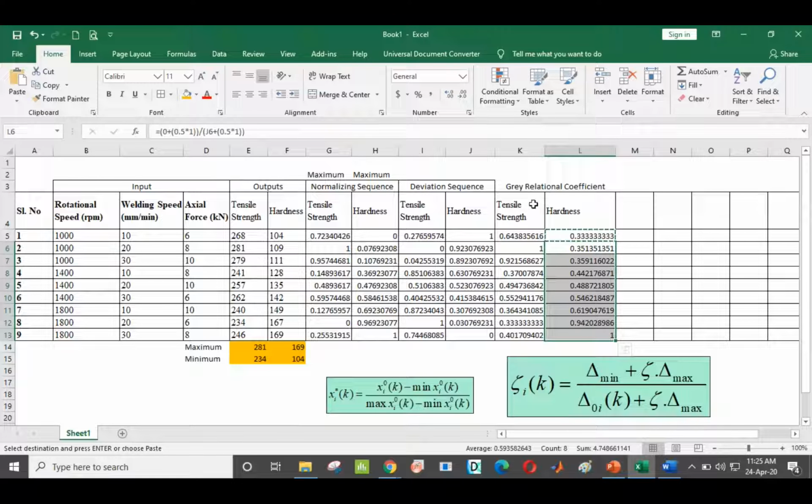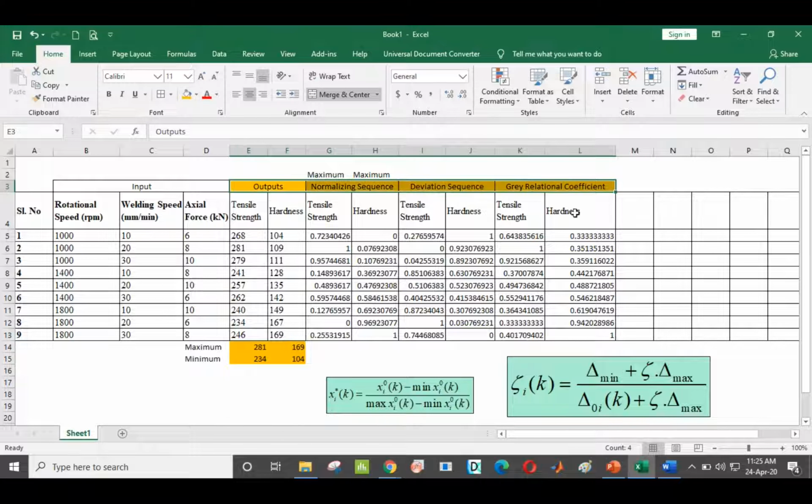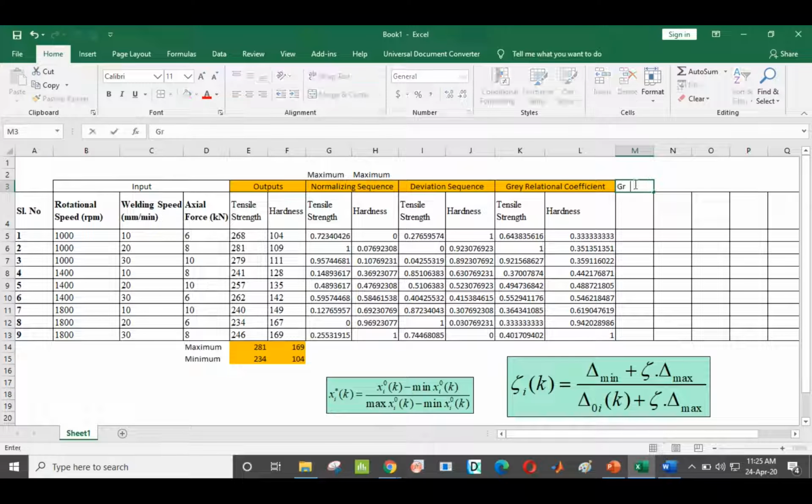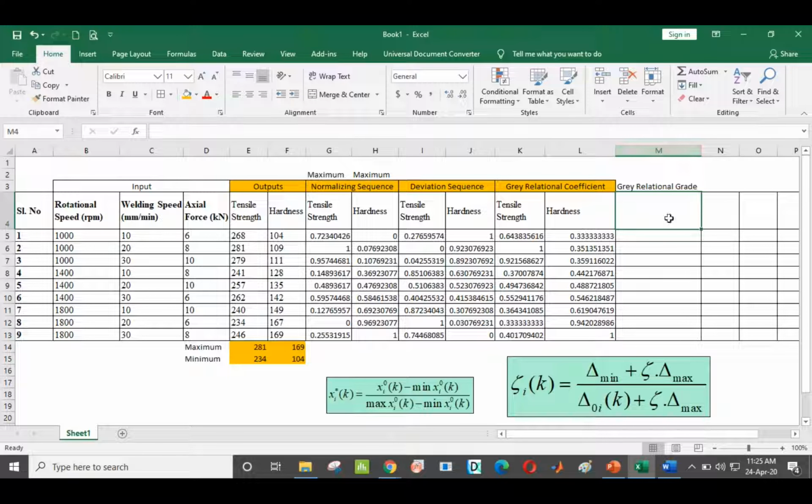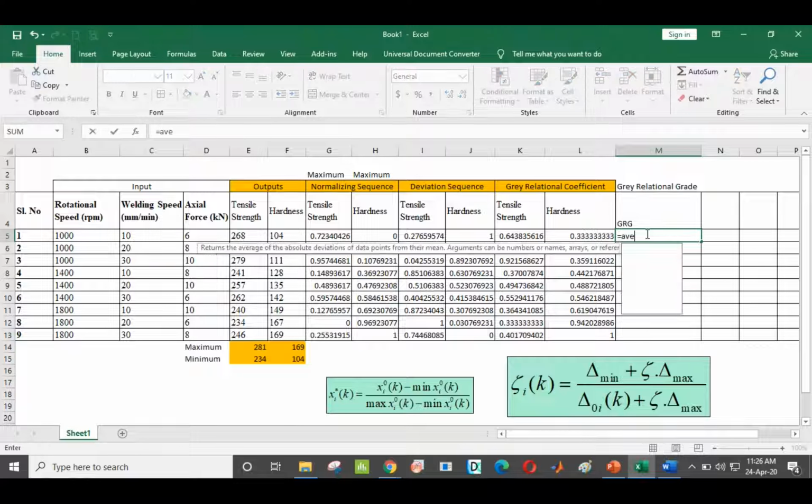So I have calculated the gray relational coefficient values. Now I am going to find out the gray relational grade, the final grade value. We take it as G, or gray relational grade. Now I am going to consider these two, average, which is equal to average of